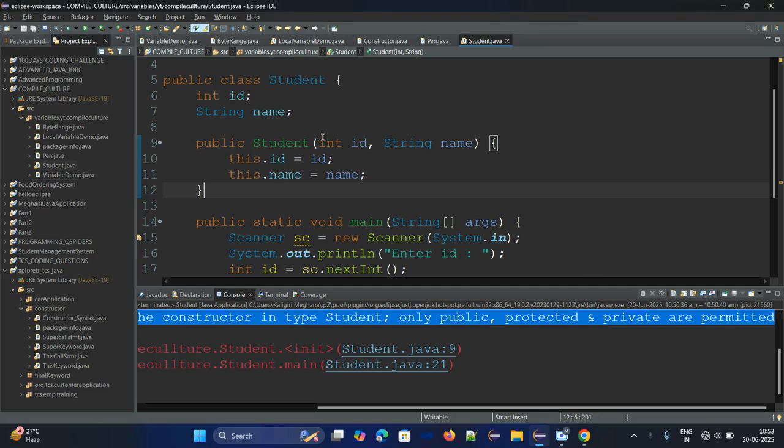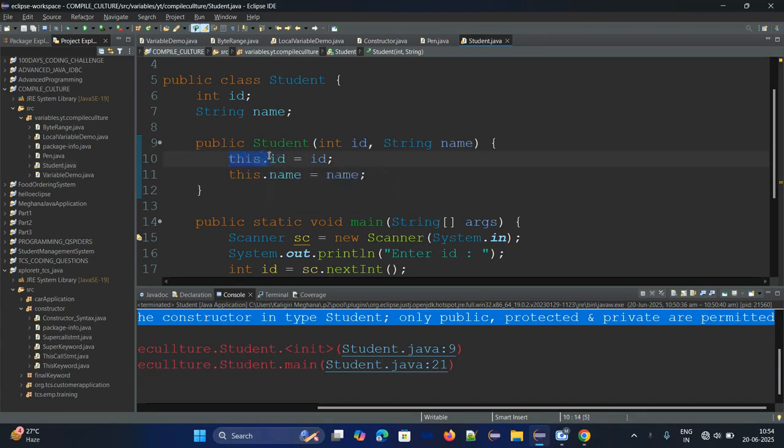Now see here, inside this constructor, we are initializing the data, right? Only non-static context is allowed inside the constructor. What is this here? What is this? This is a keyword which is used to represent the current object. This keyword is used to refer or point to the current object. We can use this only inside the non-static context. Constructor is non-static, right? Inside this non-static only we can use this keyword.